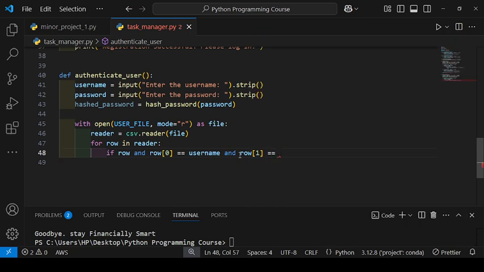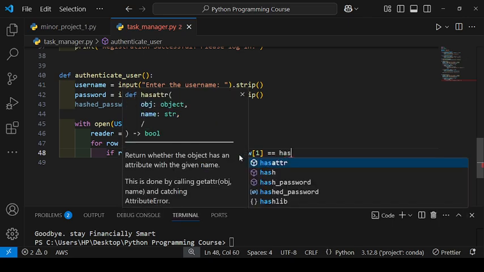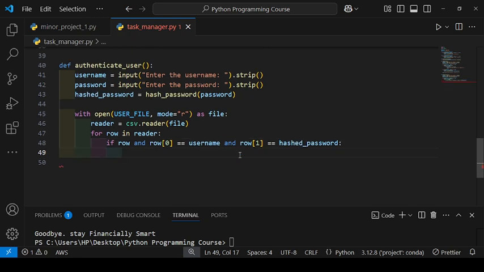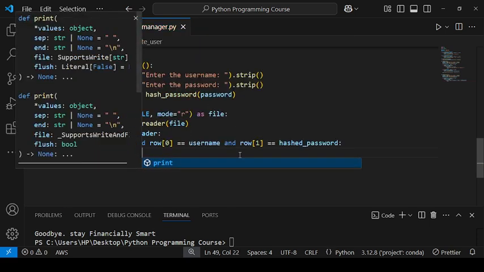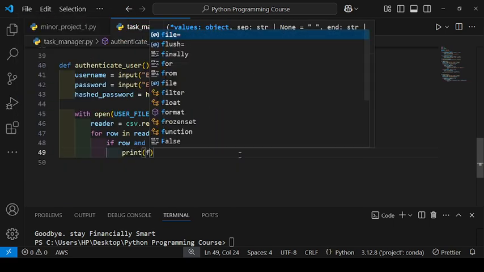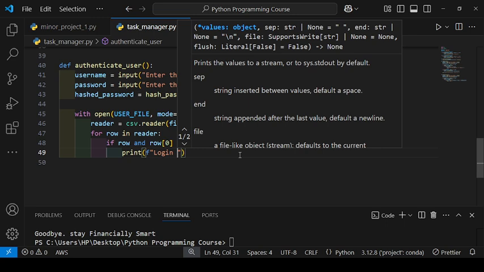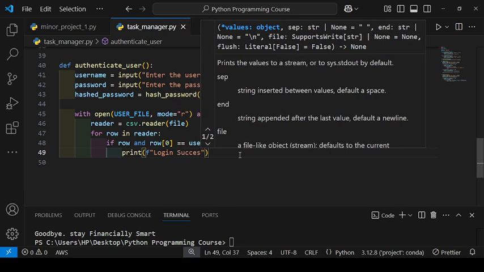So here I will write the hash password. Okay, so here done. If this is true, it means the user is authenticated, the login matches. Okay, I will write here login successful